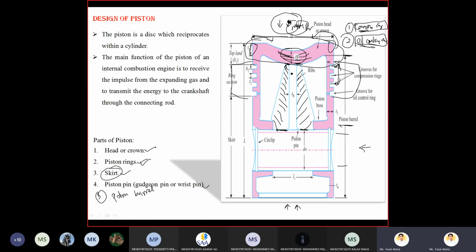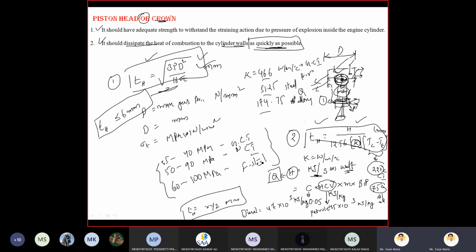And the material whatever we are using, that is weightless for this one, because if we take the heavy weight of these ribs, again the total weight of the element is going to increase. Okay, so if you got the answer less than or equal to 6 mm, you have to write the comment here: no ribs required.